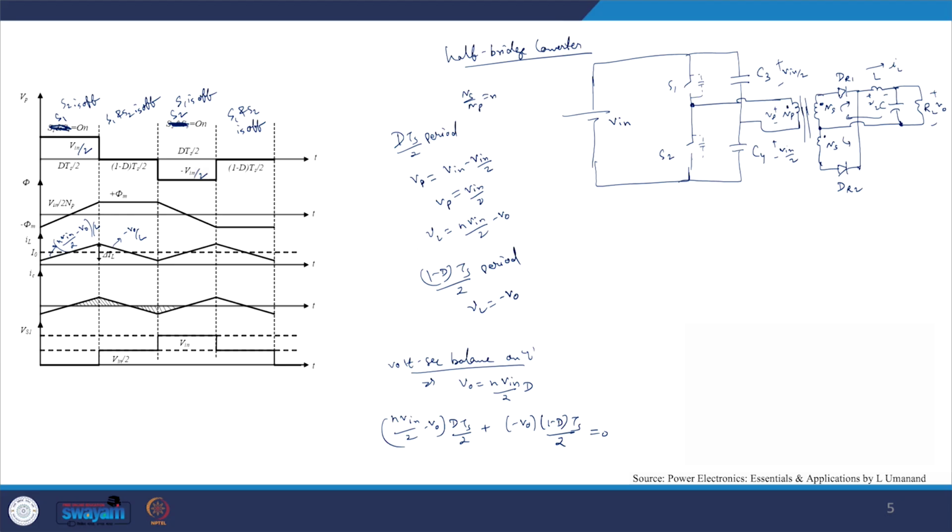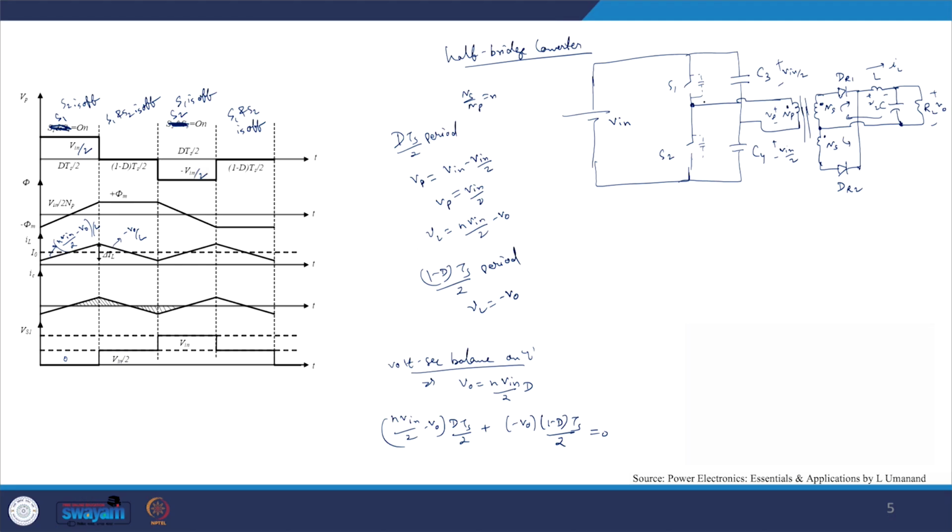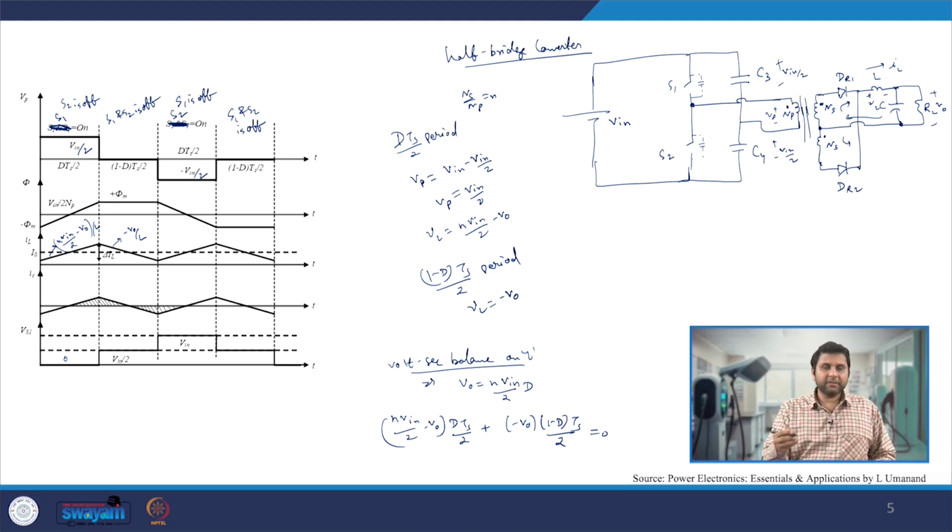And when we see, whenever my S1 switch is on, the voltage is 0 across the S1 switch. During this time when it is off, the output capacitors of the devices will have equal voltages applied across them, which is nothing but V in by 2. And whenever the S2 switch is on during the next d Ts by 2 period, the entire voltage will be coming across S1, and that's when S1 has to block the V in voltage.